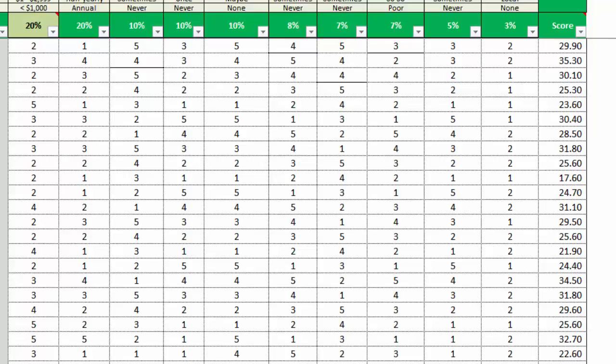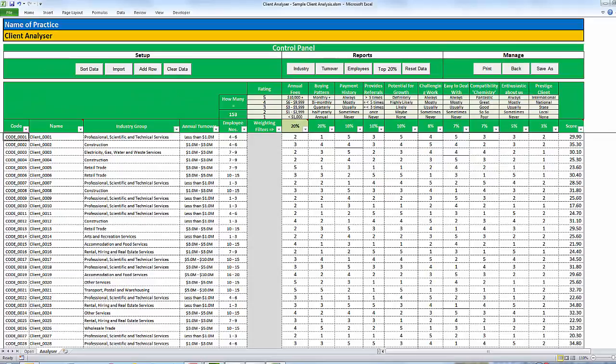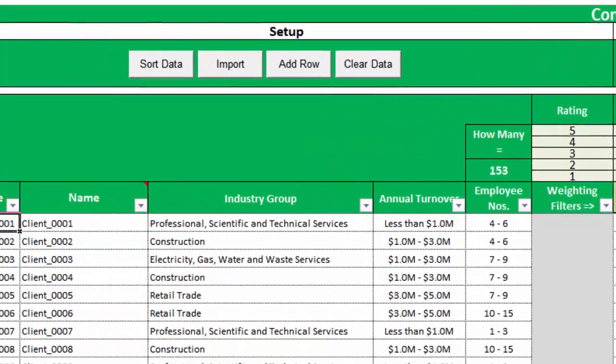One other thing we're going to point out before we go any further is also towards the center and the top of the worksheet is the two cells that say how many equals and then presently shows 153, and that will vary from time to time as we use each of the reports to tell us precisely how many clients are within a particular category, whether it be industry, turnover group or employee numbers, and in fact also our top 20%. So we'll use our Sort Data button now,